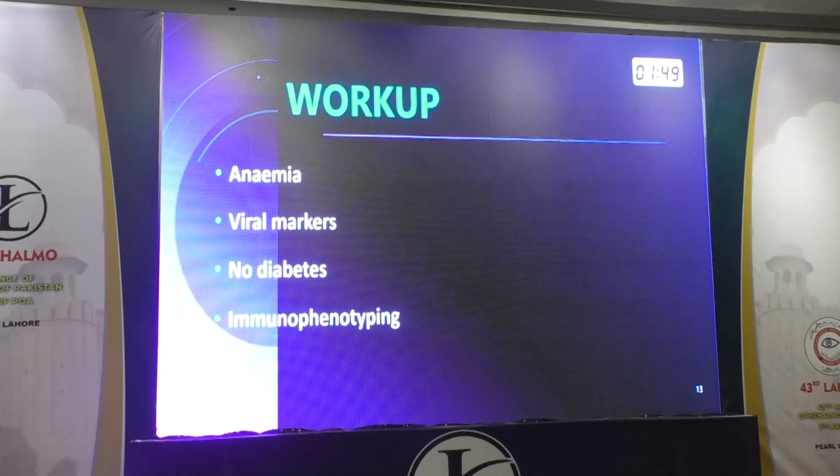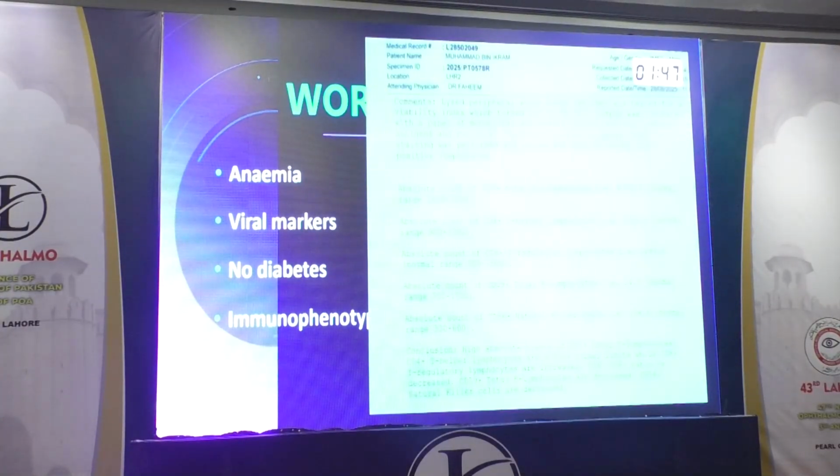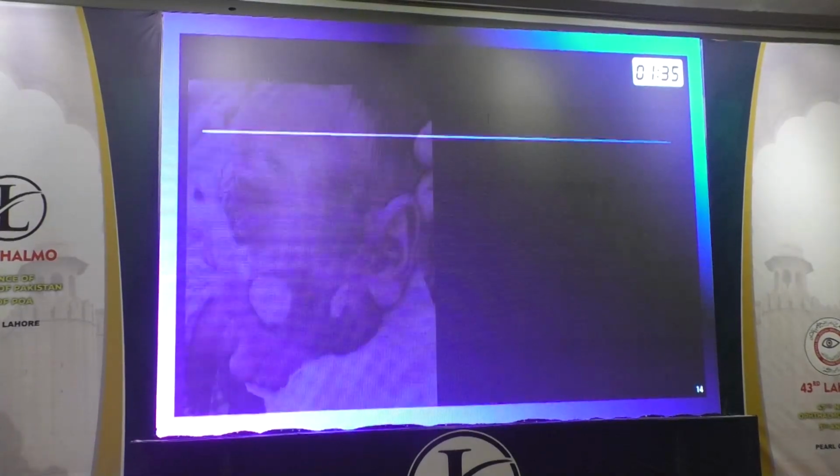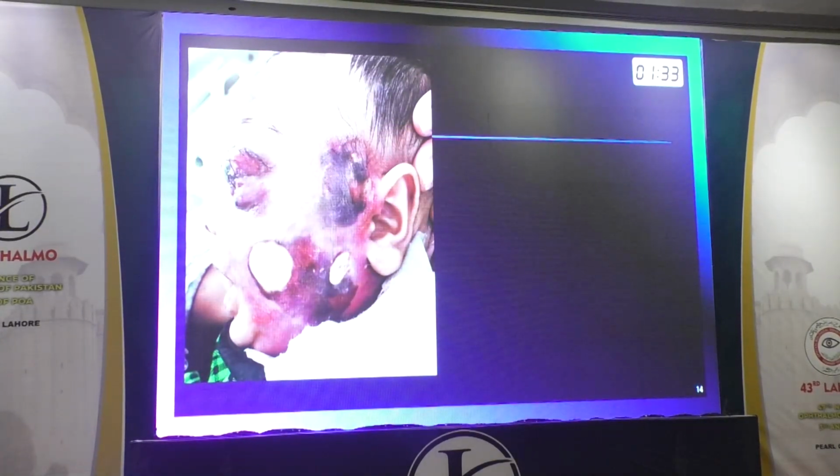So the initial workup showed only the anemia, and viral markers were negative. Further, when immunophenotyping was advised, it showed that the CD4 and CD8 counts were all decreased, on the lower side. So in consultation with the pediatric infectious medicine department, we started the patient on IV antifungal, amphotericin